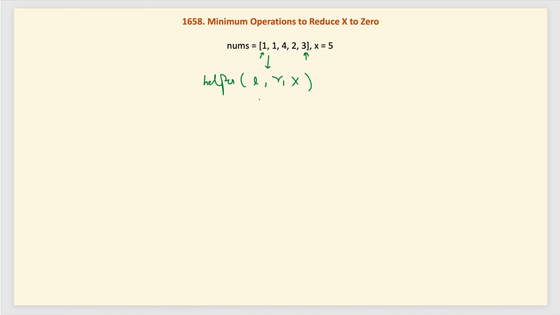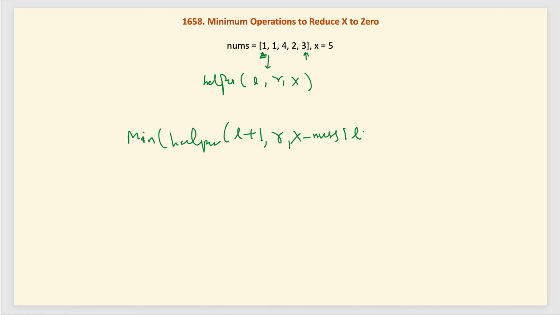In this function we can try to select from the start. If we select the value at L, then we take the minimum of these two: helper with L plus 1, R as it is, and x minus nums of